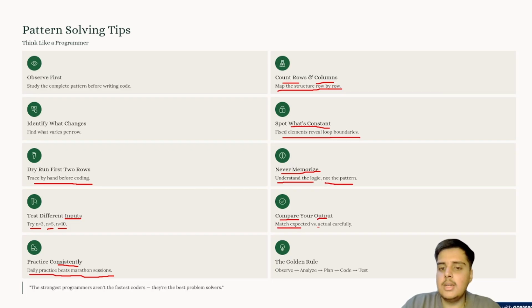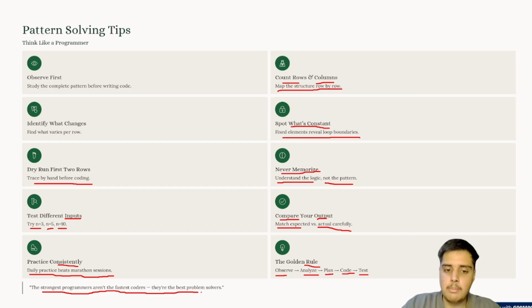Match expected versus actual carefully. The golden rule: observe, analyze, plan, code and test at the last. One thing for you, the strongest programmers aren't the fastest coders, they are the best problem solvers. I hope you understand this.